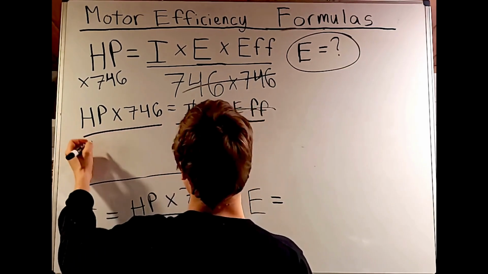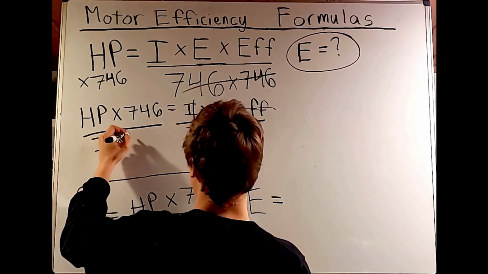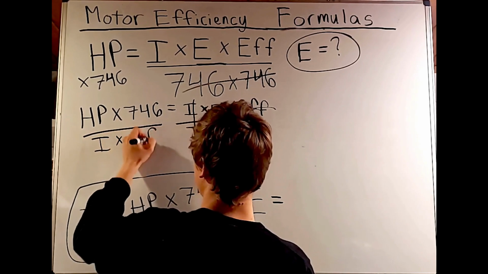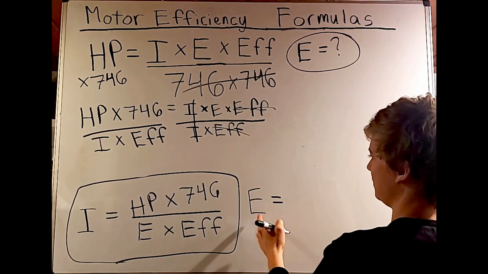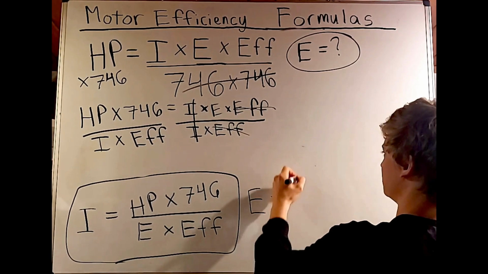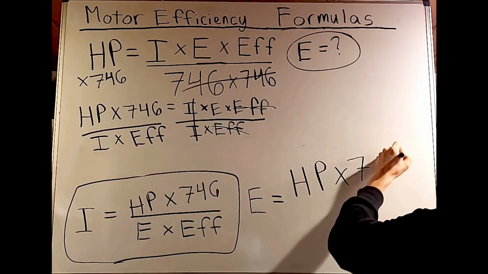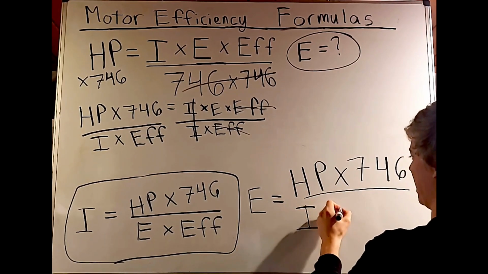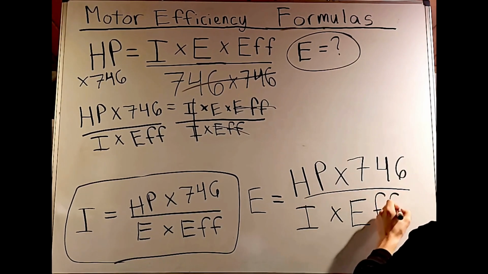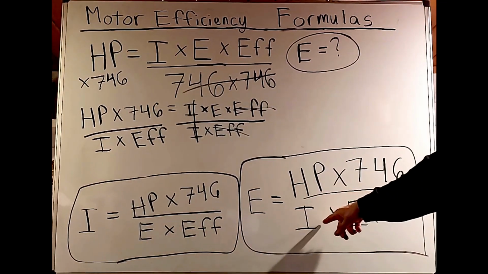And of course, we do the same thing on the other side. Now on the other side, we have divide by the current I over the EFF, the efficiency. That gives us now our final formula since we isolated E. So now we have E starting on the left side equals horsepower times 746. And that's all going to be over the current I, efficiency, EFF. And that will be the final answer to solve for the voltage when you have the horsepower, current, and the